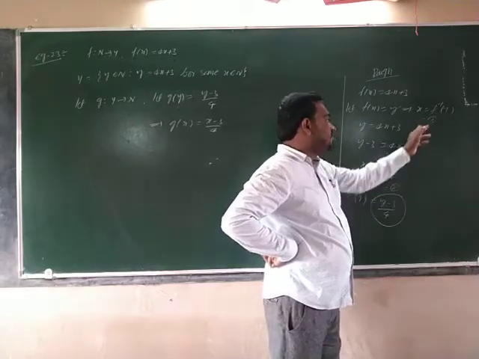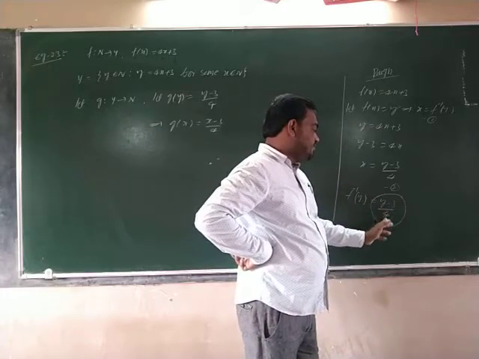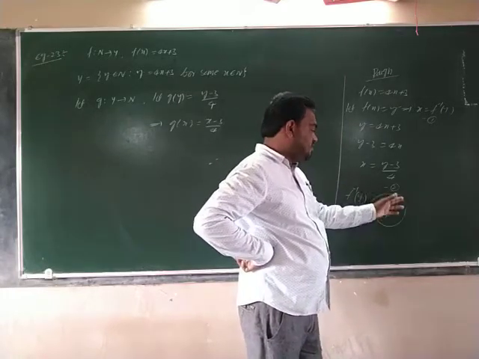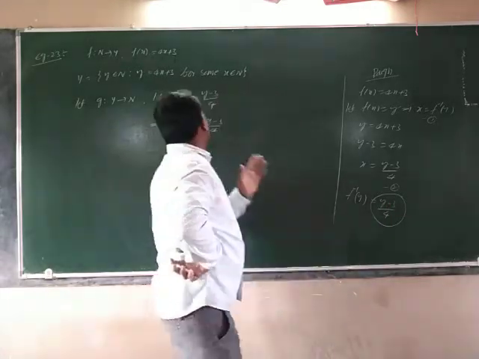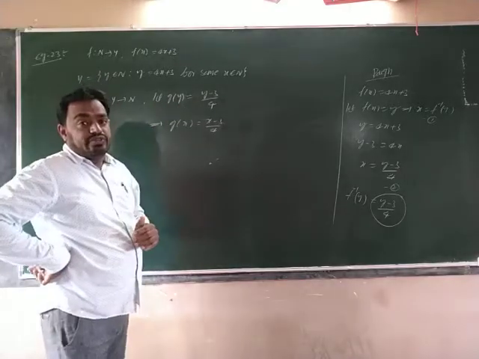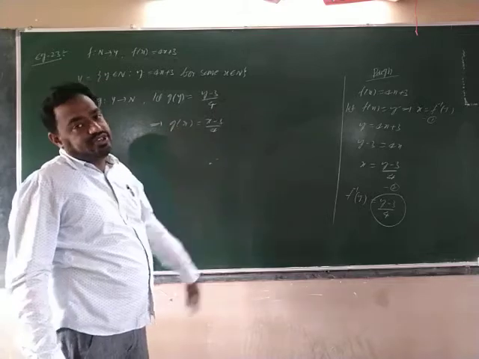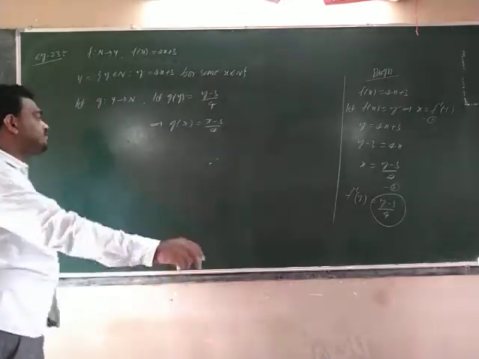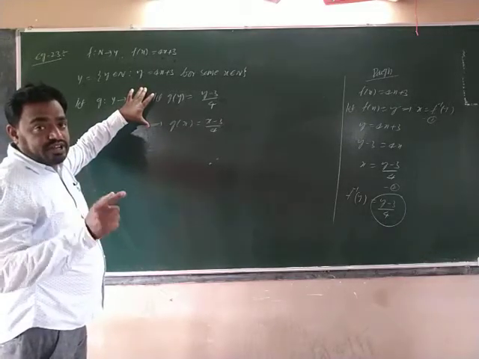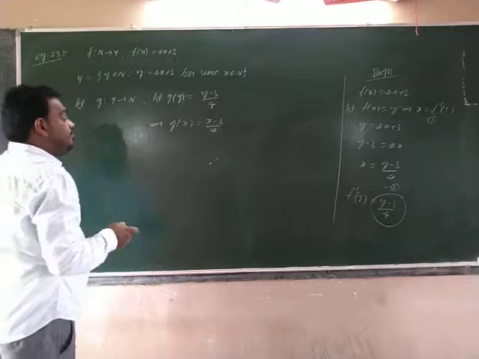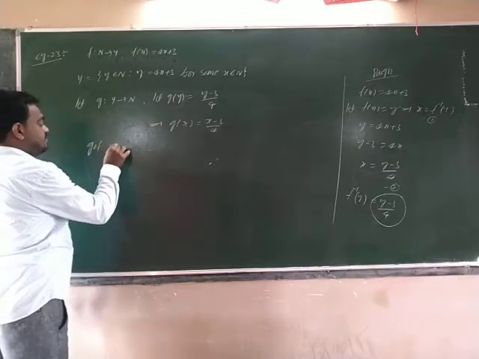From 1 and 2, both are x equals to, so f inverse of y is equal to (y minus 3) by 4. This function you take as the function g, so this is g of y. Next, if y is replaced with x, g of x is equal to this one. Clear? For this assumption they are giving 1 mark. For the correct assumption they are giving 1 mark. Simple.